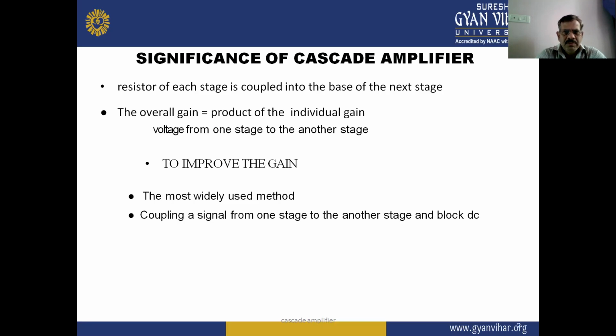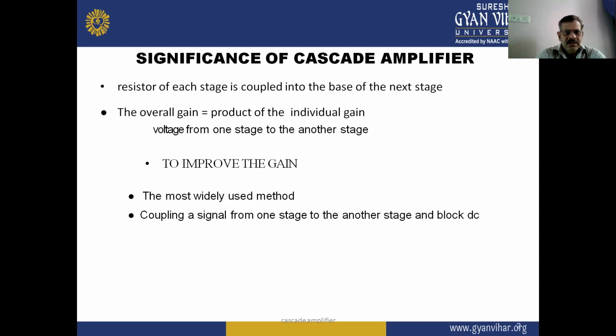So this type of cascade is the RC coupled cascade amplifier. In this case, the overall gain is the product of the individual gain voltage from one stage to another stage,